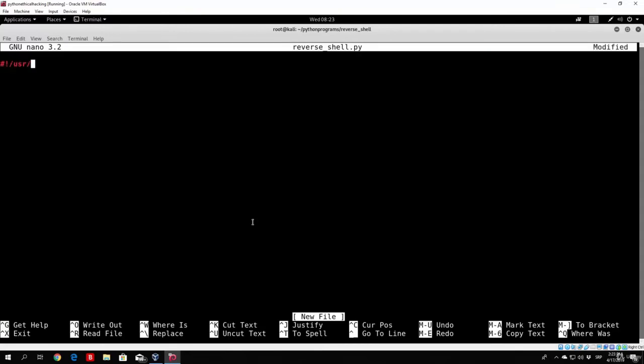We add the standard usr/bin/python line, and we will import the socket library as we are going to need it to specify our socket object. We can call it sock, so we don't confuse it with the socket library. All we want to do is specify the same thing as in the previous video: sock equals socket.socket, with socket.AF_INET and socket.SOCK_STREAM,